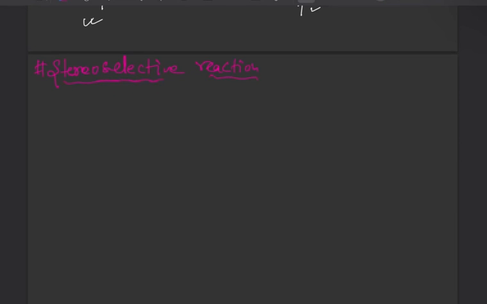So what do you mean by this stereoselective? It means a reaction in which more than one